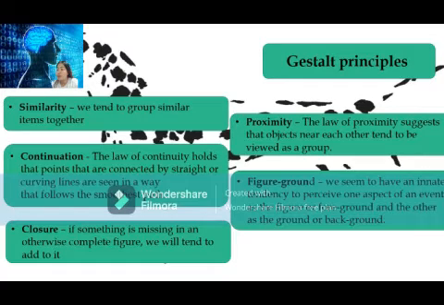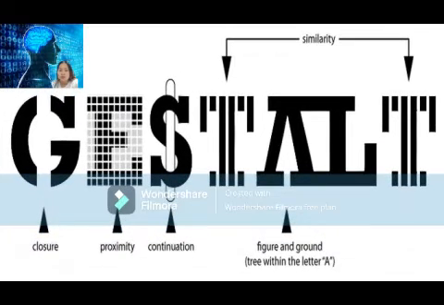We seem to have an innate tendency to perceive one aspect of an event as the figure or foreground and the other as the ground or background. So, ito ang figure ground, halimbawa, sa isang subject, makakita pa tayo ng another subject. Magkakaroon tayo ng example later. So, makikita natin doon kung ano ba talaga yung figure ground. So, ito yung example natin ng closure, proximity, continuation, similarity, and figure and ground. So, ito yun, diba? Makikita nyo naman yung pinagkaiba nila. And yung mga principles na ginamit nila is